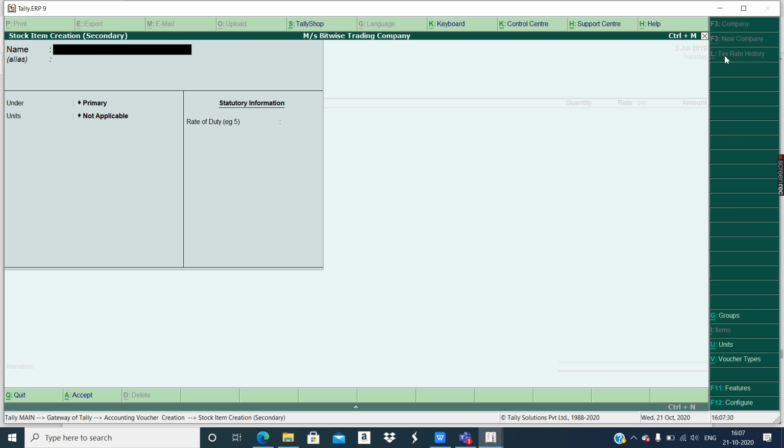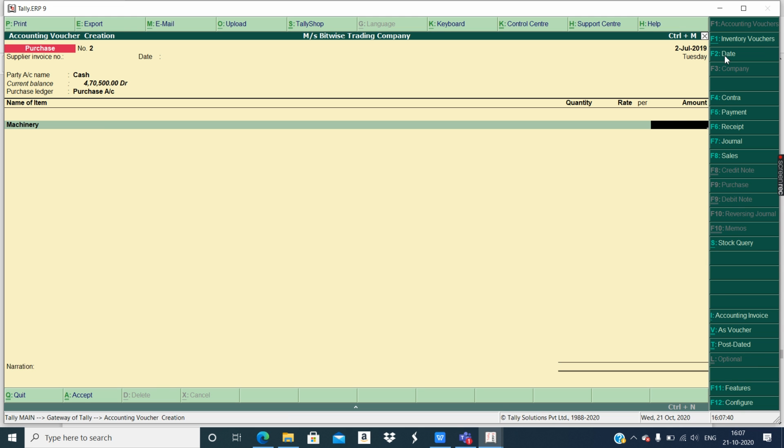You have to create a stock known as machinery. Control A, how much amount of machinery was purchased? 10,000. Because this is a single entry system, it is a little bit flexible.